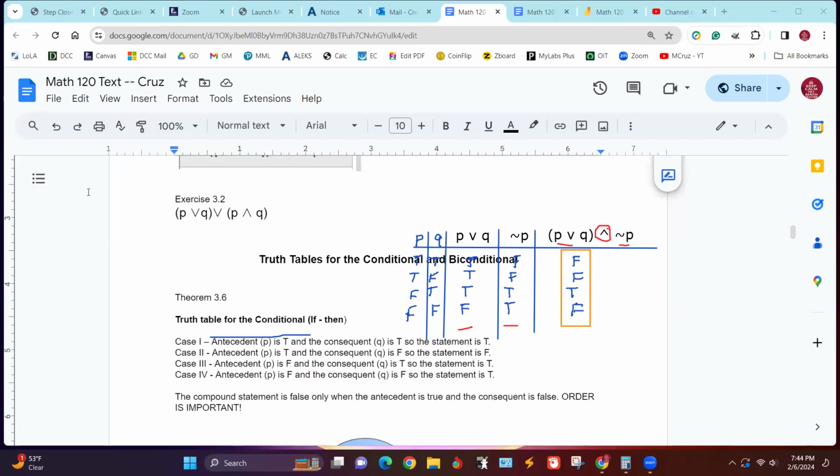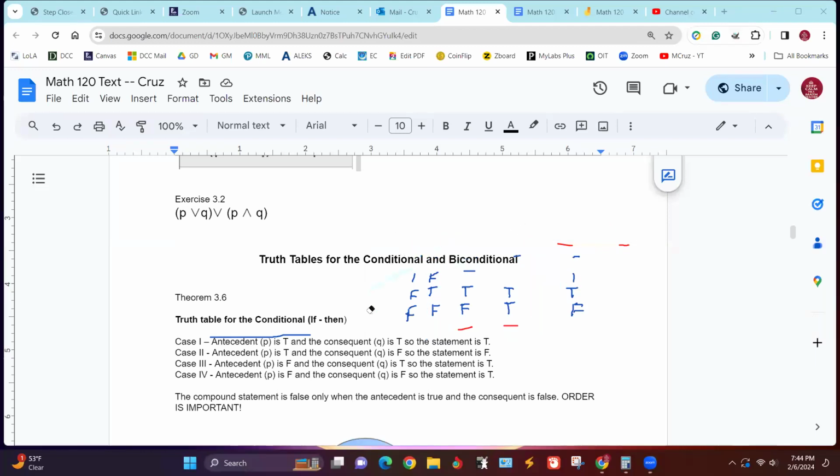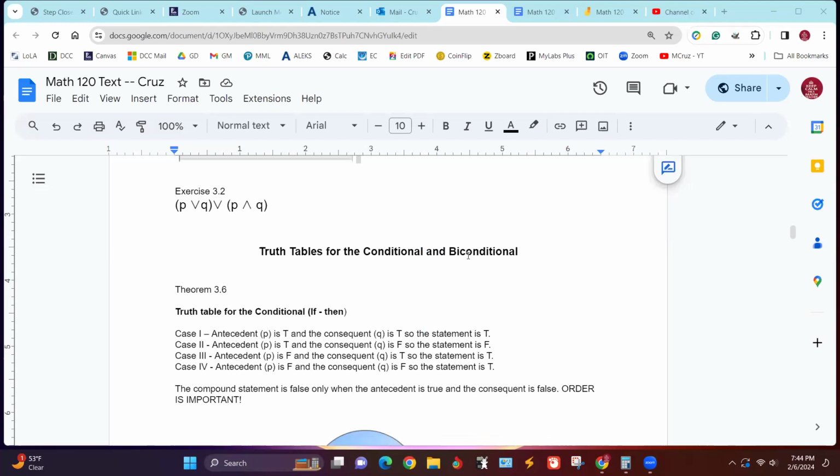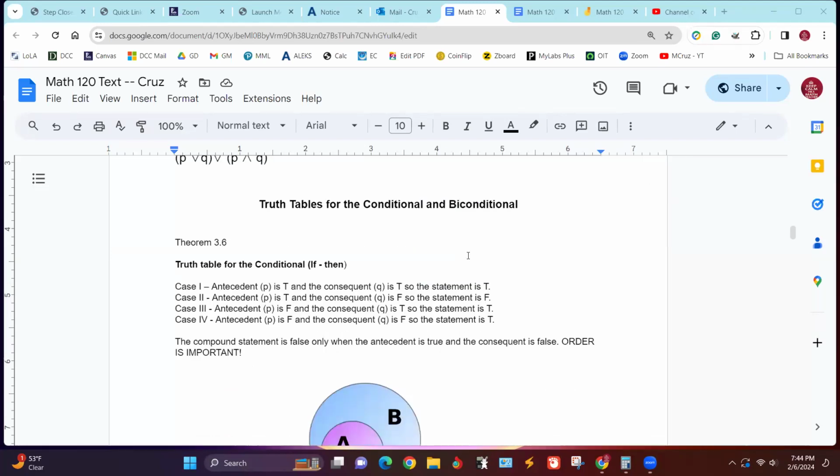All right. So here, let's talk about the conditional and the biconditional. The conditional is the one of these connectives that has to do with order. Now, when we have a conditional statement, the first part is called the antecedent.